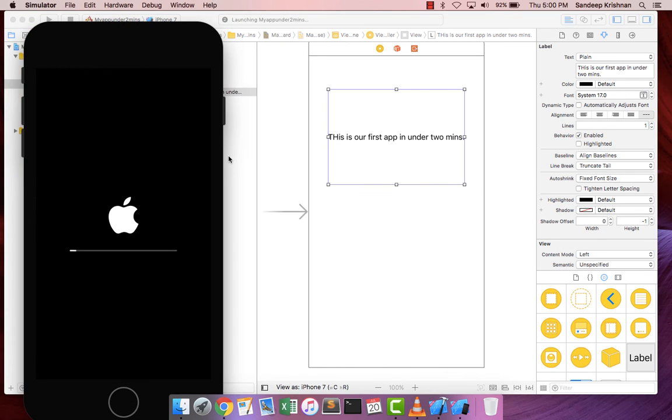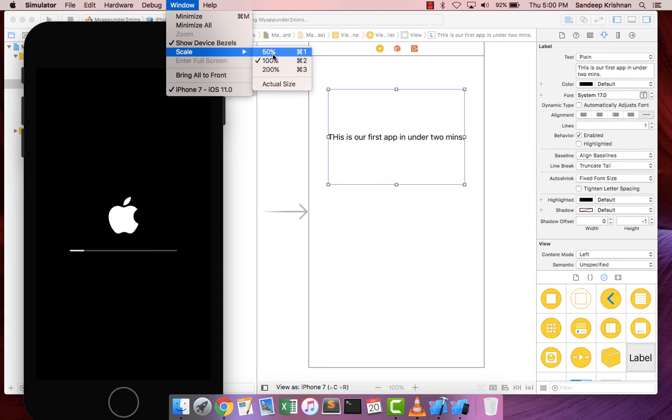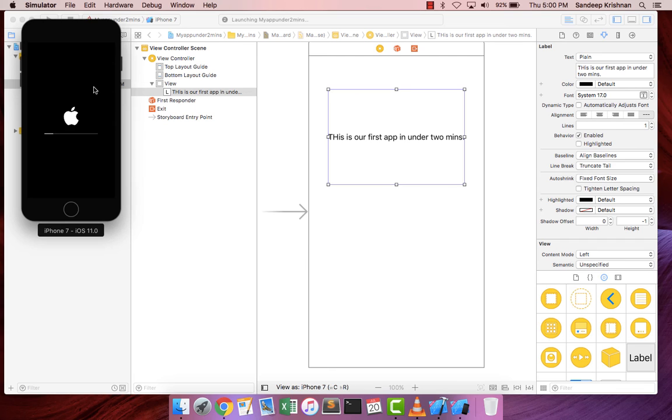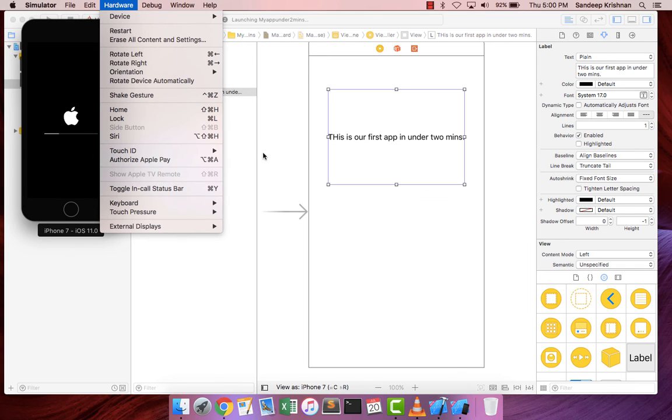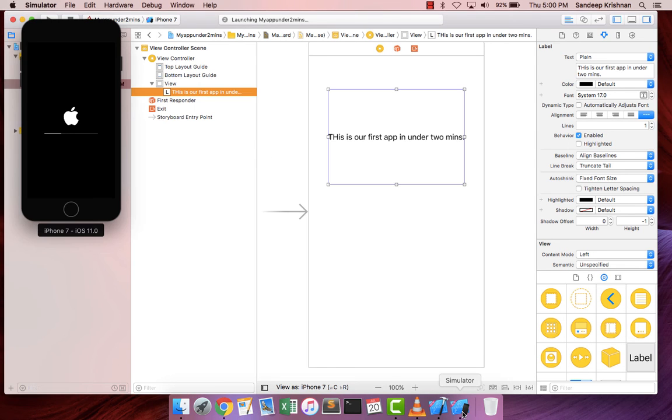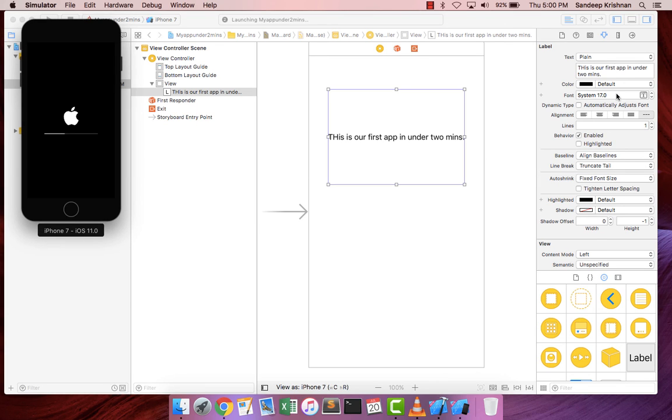I'm just going to open the simulator, and while it's doing so, I can resize the simulator to a smaller size if I want to, or a larger size if I want to. So that option is there with me. Let's just wait until it creates the app. This is the only thing which is really left in it. Rest all is done. So while it creates the app, let me just take 2 minutes and explain